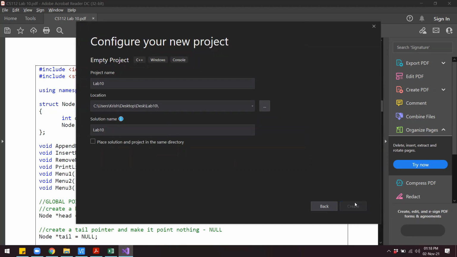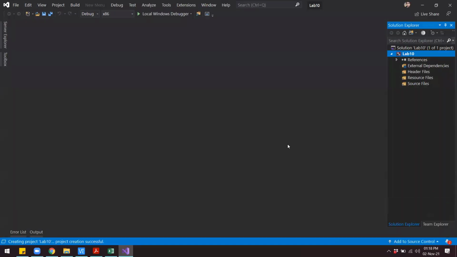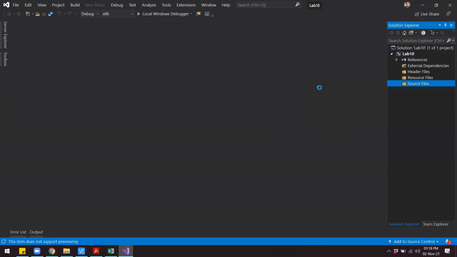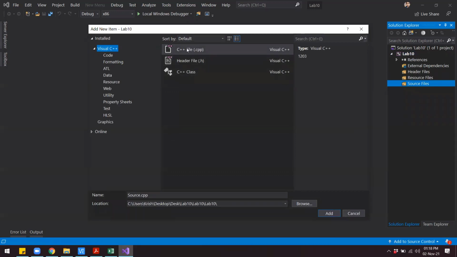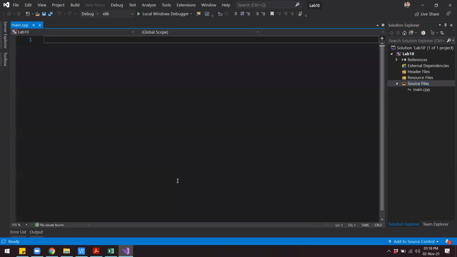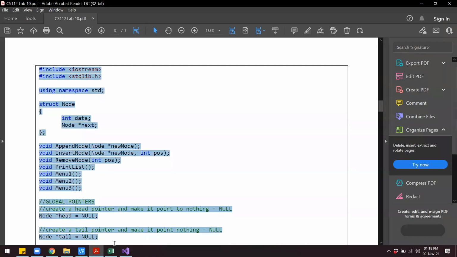Create. Then go to source files, right click, add a new item, C++ file, and I'll give the name as main and click on add. So we have an empty file over here. And now I'll copy all of this code and paste it in that main CPP file.